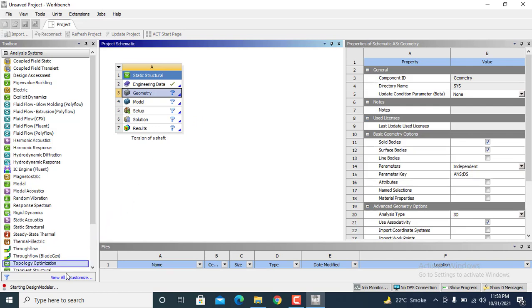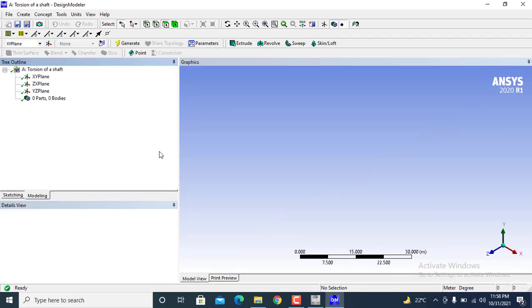You can view the opening progress from the bottom left corner, which is saying starting design modeler. If you have by accident started SpaceClaim, kindly close it and reopen the new design modeler by following this step again. It will take a minute to load the ANSYS modeler window. You can see this screen as we have previously modeled the shaft and the bars in episode 1 and 2. Today we are going to do the same.